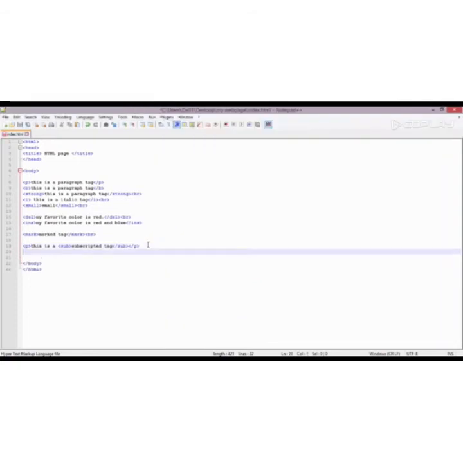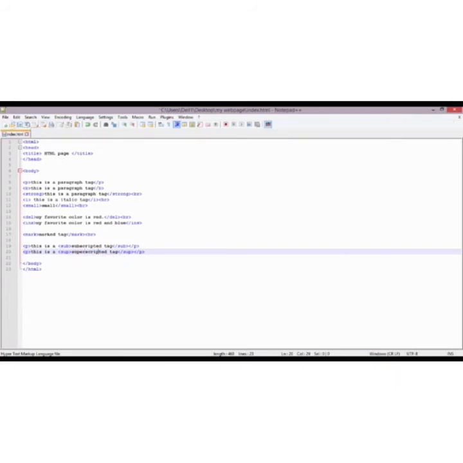Okay, in the similar way we can use the superscripted tag. Simply copy it, paste it, and in case of sub you can write sup for superscripted text, and this is a superscripted text.